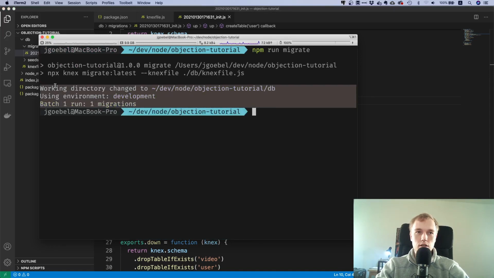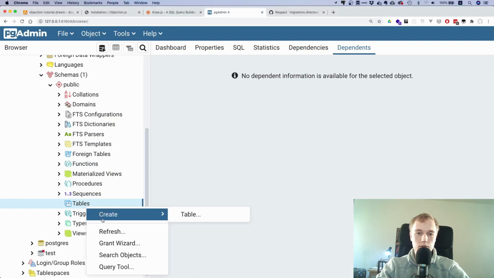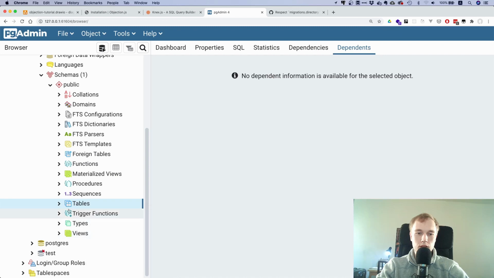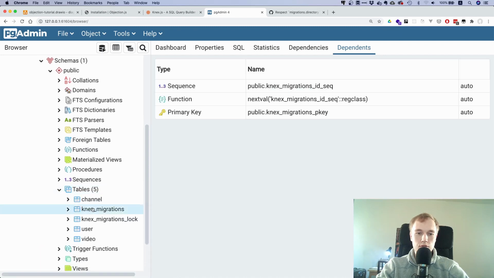Yeah, here it is. Okay, so now we got our migration, and that means, technically speaking, we should have a couple of tables over here. So I'm just going to go in here and I'm going to say refresh. Yeah, and I can already see we have tables. And the interesting thing is, if you look at the